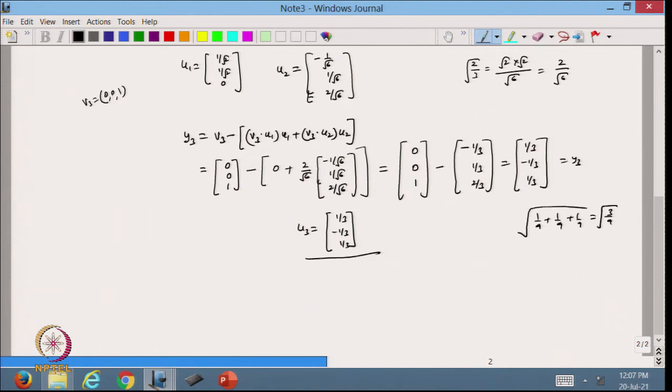So, 3 by 9 under the root, and this is 1 by 3 root 3. So, it is 1 by root 3. Now, from here I can write, see, 1 by 3 divided by 1 by root 3. So, I am getting my root 3 above,